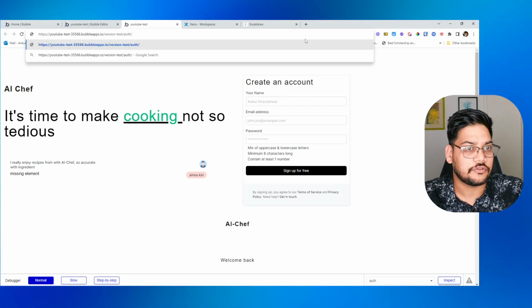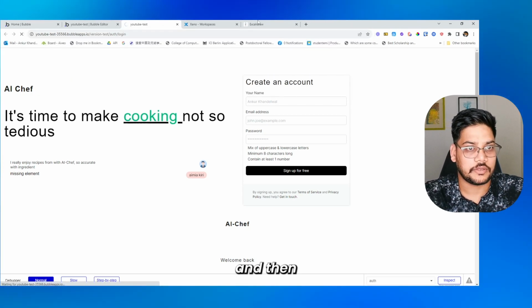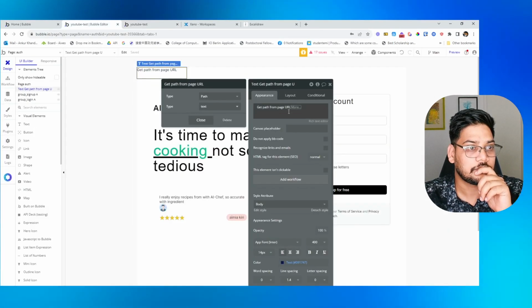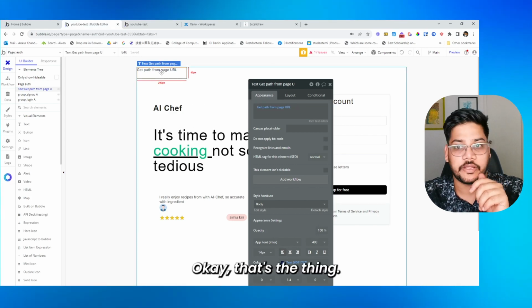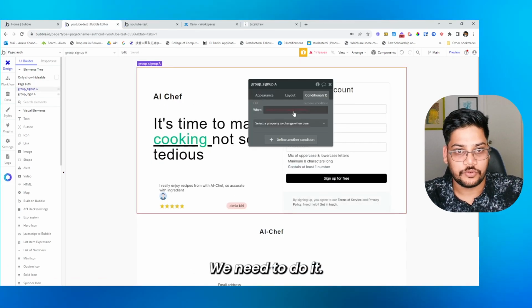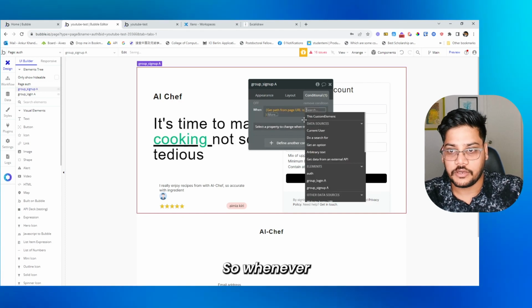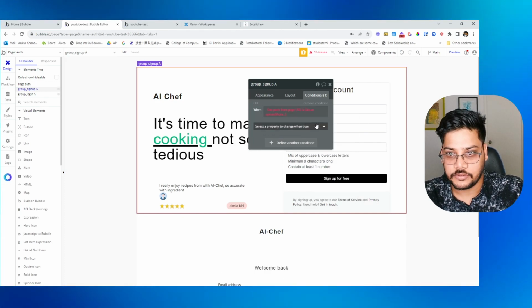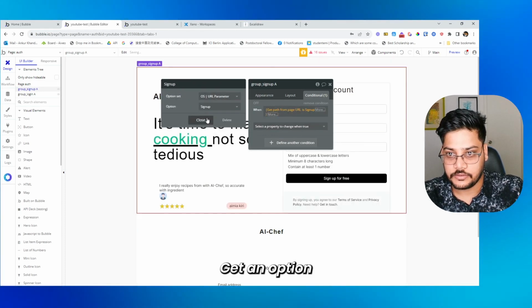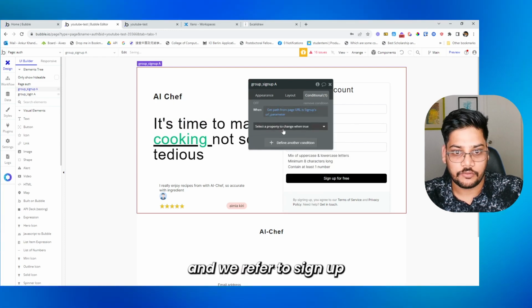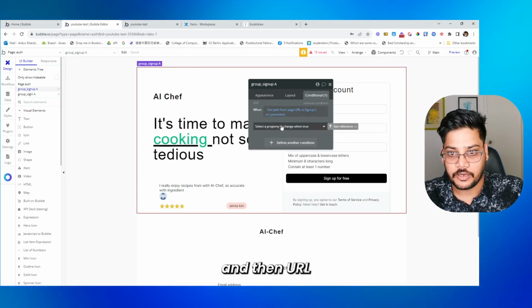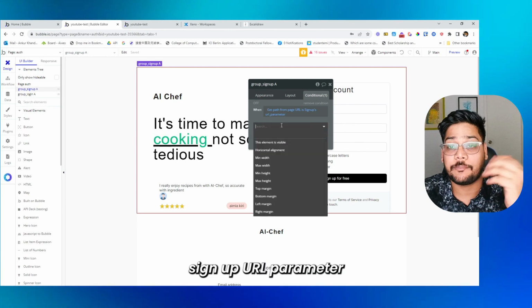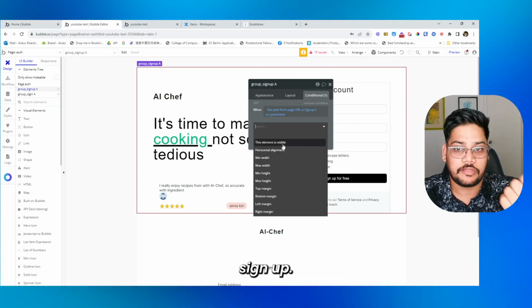Okay, if I just put auth and then, yeah, login is there. Okay, that's the thing we need to do. So whenever we have a get an option, and we refer to sign up, and then URL parameter. Whenever the path has the sign up URL parameter, then we will show the sign up, otherwise we will